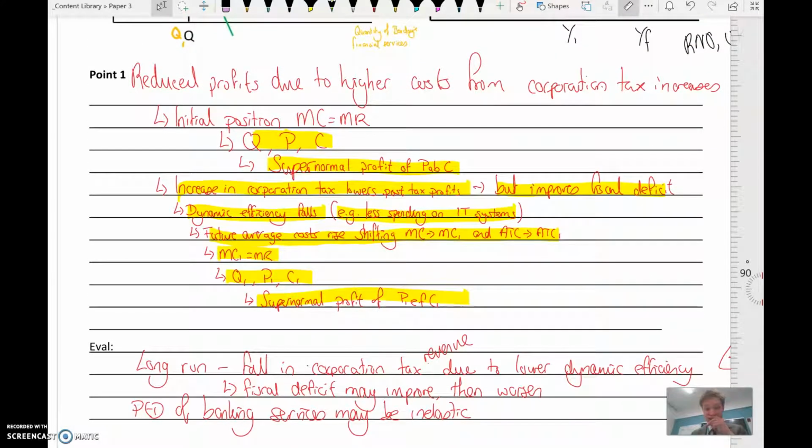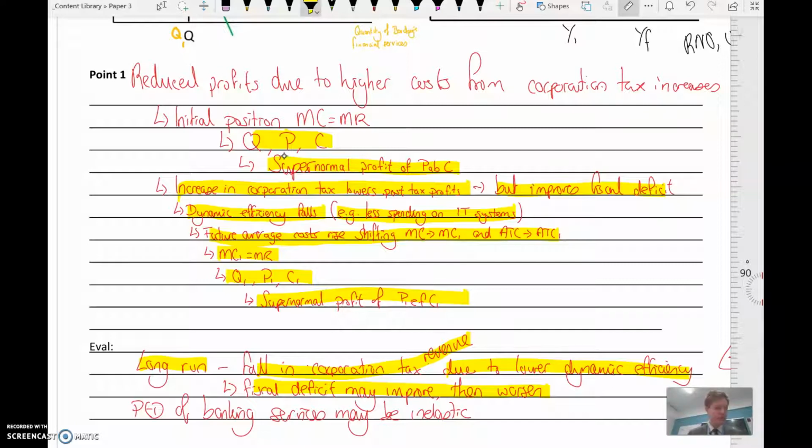So my eval here is in the long run. The fall in corporation tax revenue might occur in the long run because of the dynamic efficiency problems and again, productivity. The fiscal deficit may improve, but in the future, if we have lower dynamic efficiency, we're going to see lower profits, and we're going to see, therefore, lower tax revenue in the future. So taxing the supply side effects to this and taxing your very productive areas of your economy